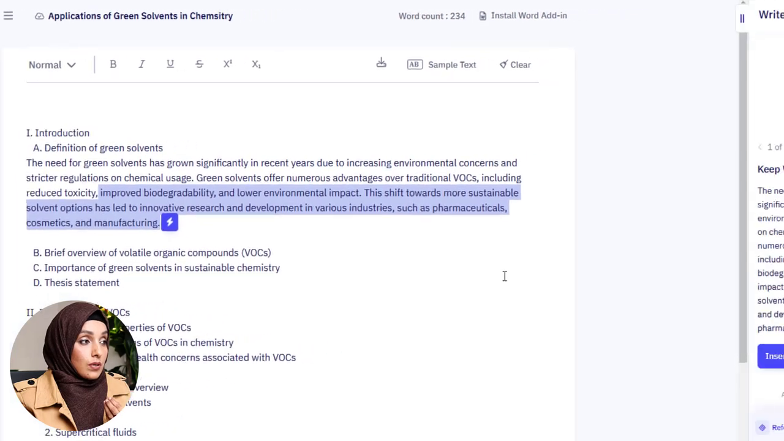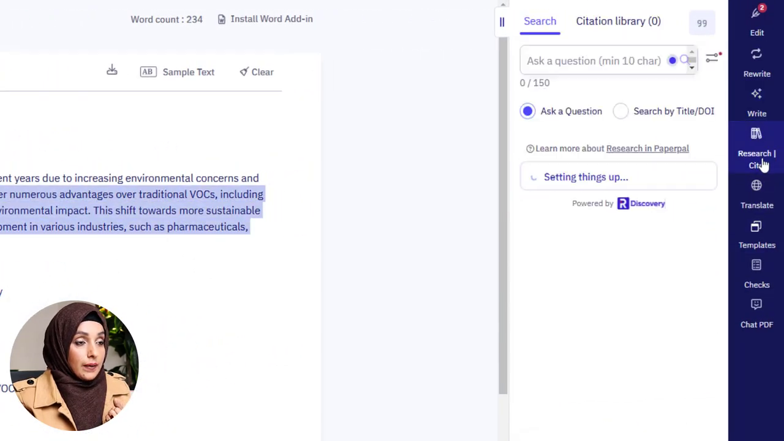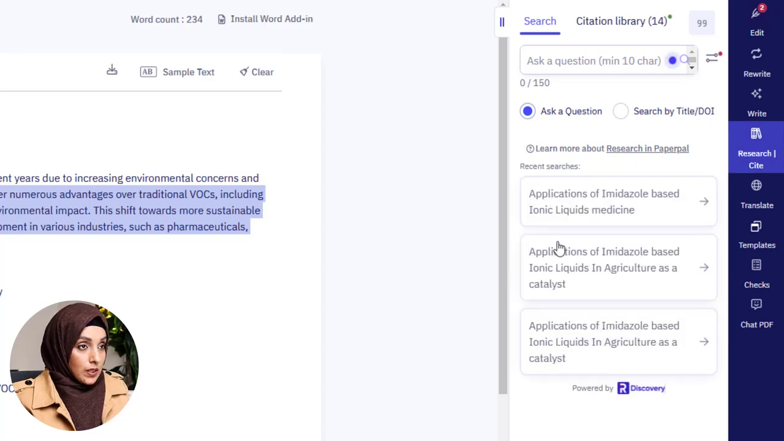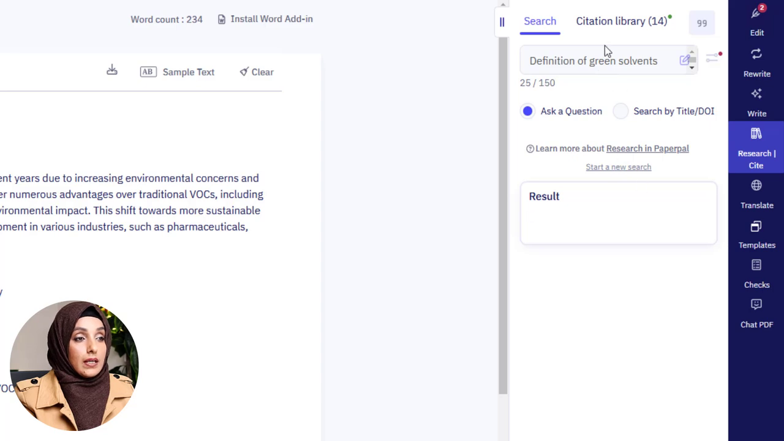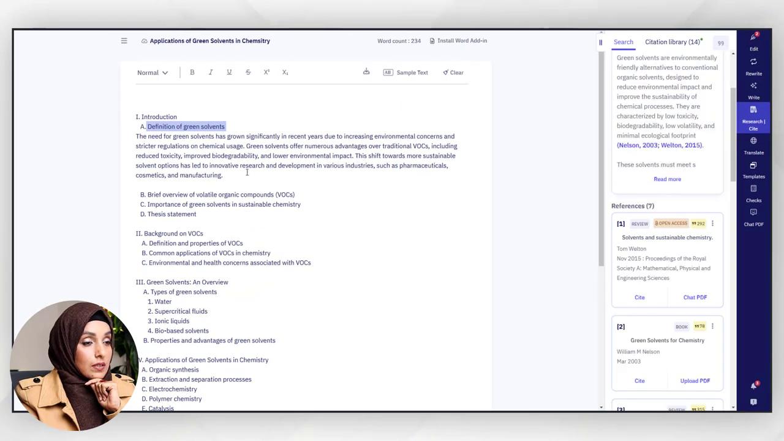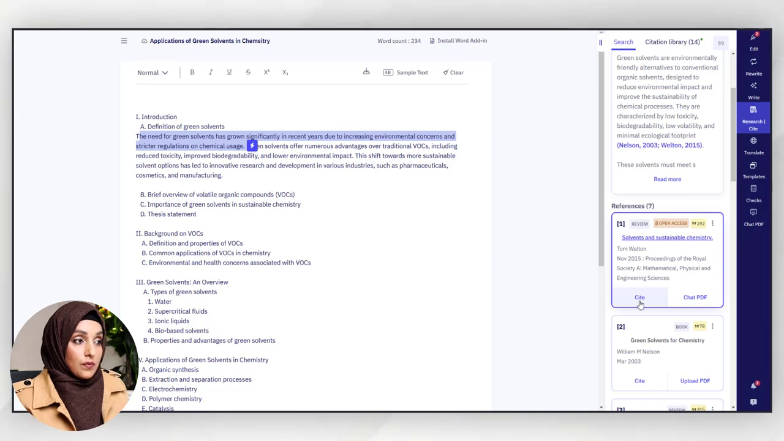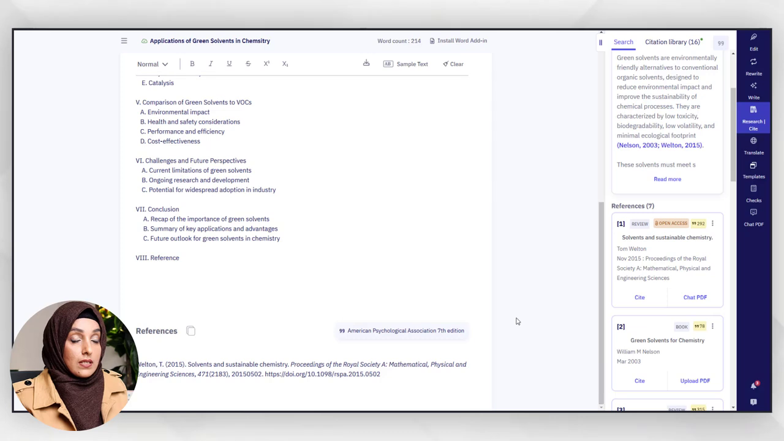I have to do some manual work, and I can use its research and cite feature, and I can feed it the definition of green solvents in the search bar, and here I will get some research papers which I can cite just by going through the details of each paper. So if I find this specific research paper very relevant to this statement, then I just have to press cite. This reference will be cited here, and along with it I will get it in my reference list down the